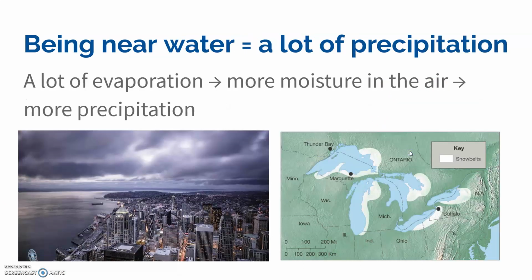Also, living near water can affect how much precipitation is received in that area. If there are large bodies of water, there's a lot more evaporation occurring, so there's more moisture in the air, and that means more precipitation, whether in the form of rain, if it's in a warmer environment, or in the form of snow, if it's in a colder environment. That's, for example, why the Great Lakes can have such an impact on snowfall in that area, because it picks up so much evaporation and turns it into snow, and they get these huge lake effect snows by being in this large area.